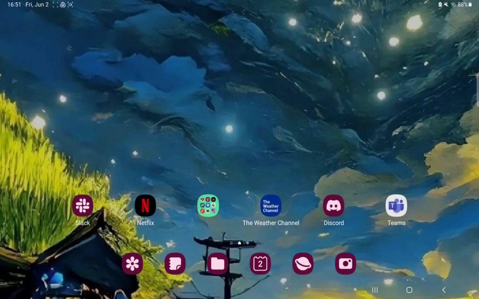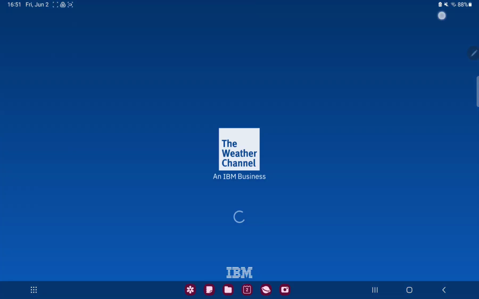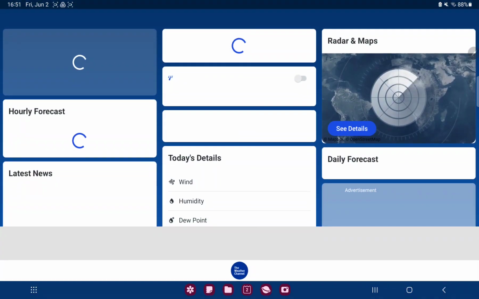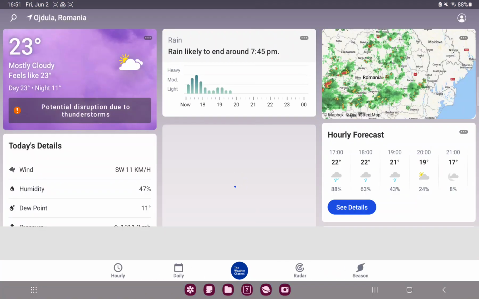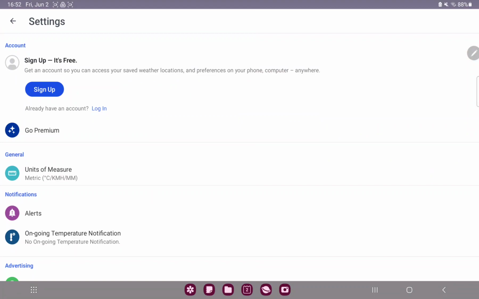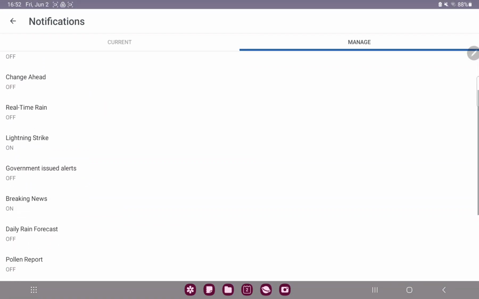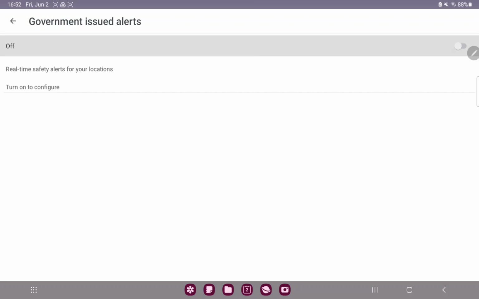First of all, open the application on your device. Tap the profile icon at the upper right corner of the screen, and in the notifications section, click the first option, the alerts. Scroll down and click the government issued alerts. You can find the off button, and if you want to turn it on, just click the next white circle